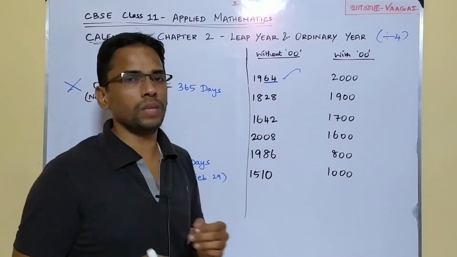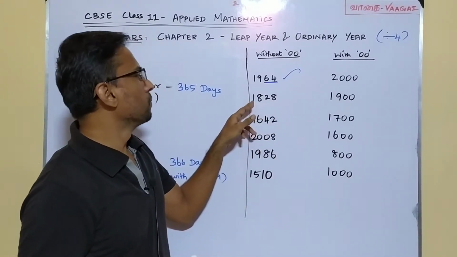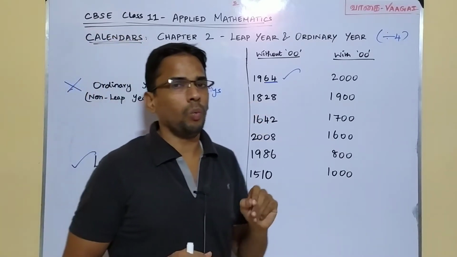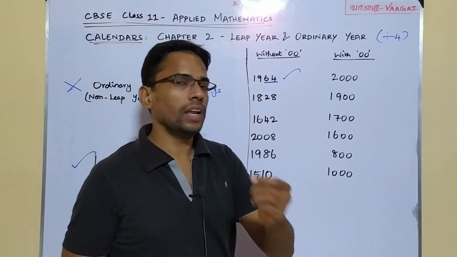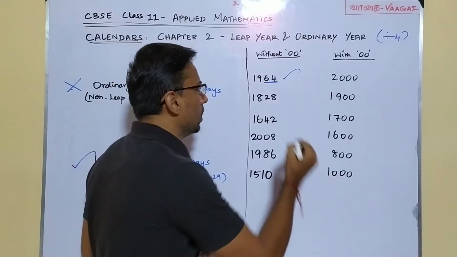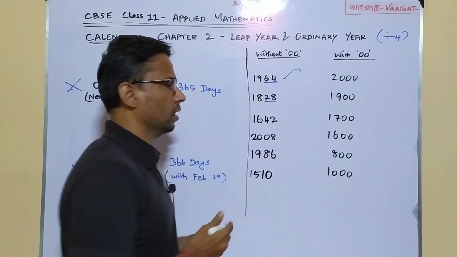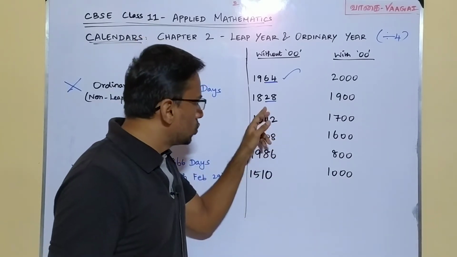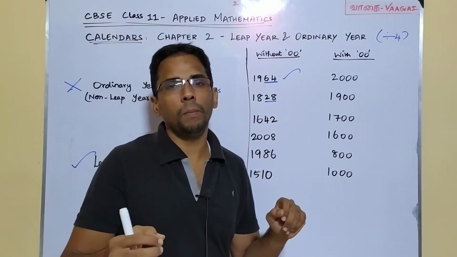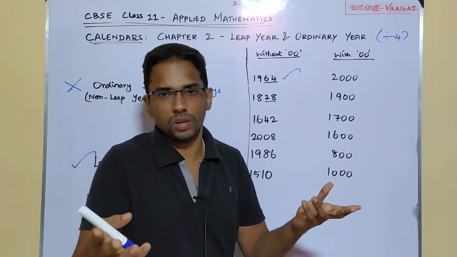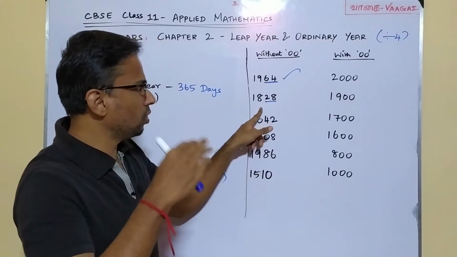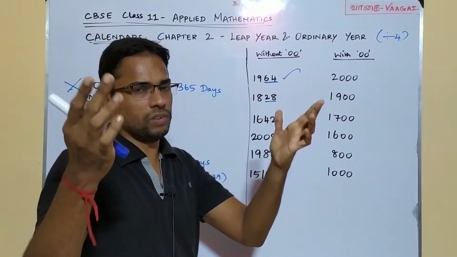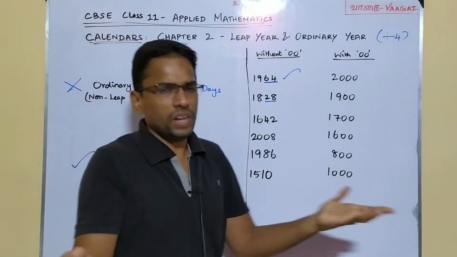1828. Let's do the same thing. See the year given, 1828, and what we should do is again take the last two digits. Take the last two places of your year, and again check the same thing. See whether this 28 is divisible by 4 or not. It's very simple, right? I can very easily say 4 sevens are 28. If you are very clear with the 4 table, it's going to be a very easy task.